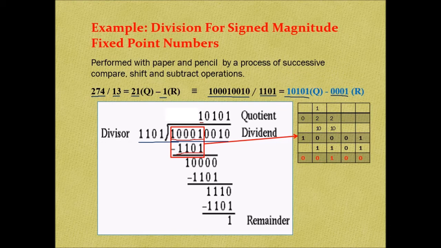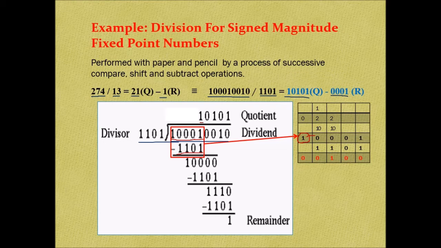This 1 minus 1, we know that it is 0. 0 minus 0 is 0. Here 0 minus 1, that means subtraction is not possible. That means I have to now borrow 1 from the neighboring bit. But here also it is 0, so the borrow is not possible from here. So we'll check for the next bit. Here it is 1. From this one we will borrow 1 to this bit position. Once we borrow this one to this bit position, it becomes 10. 10, that means the decimal 2.